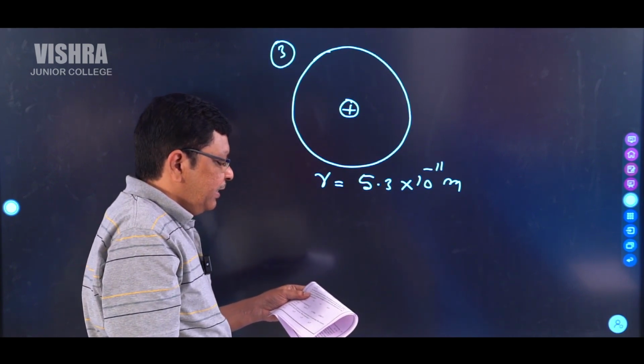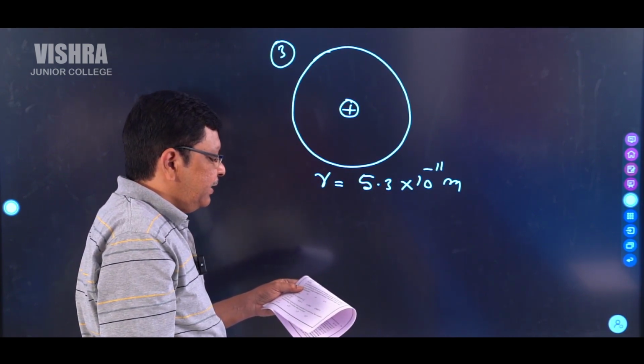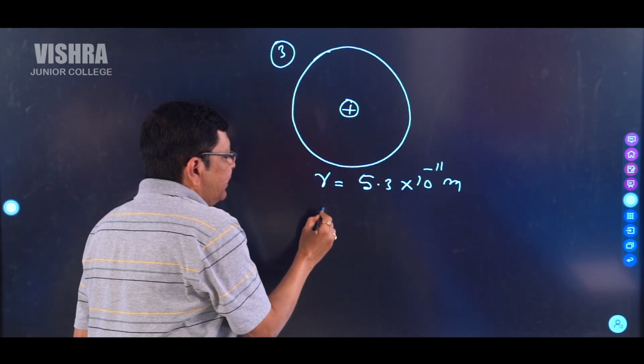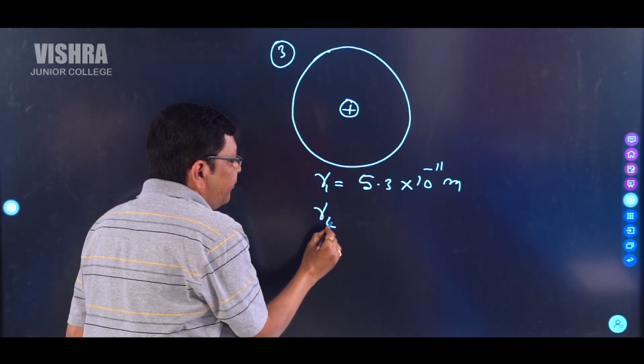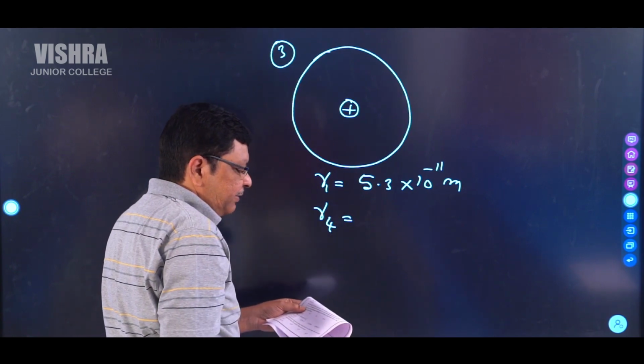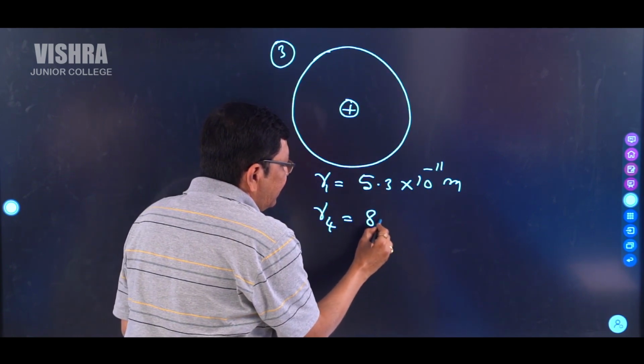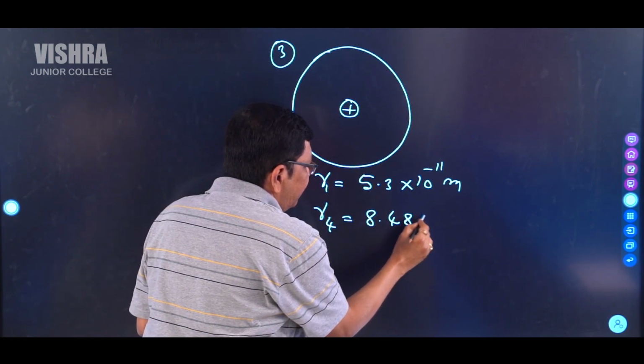Whereas the electron, when it is in the third excited state, which means it is the fourth orbit, he gave the radius as 8.48 into 10 power